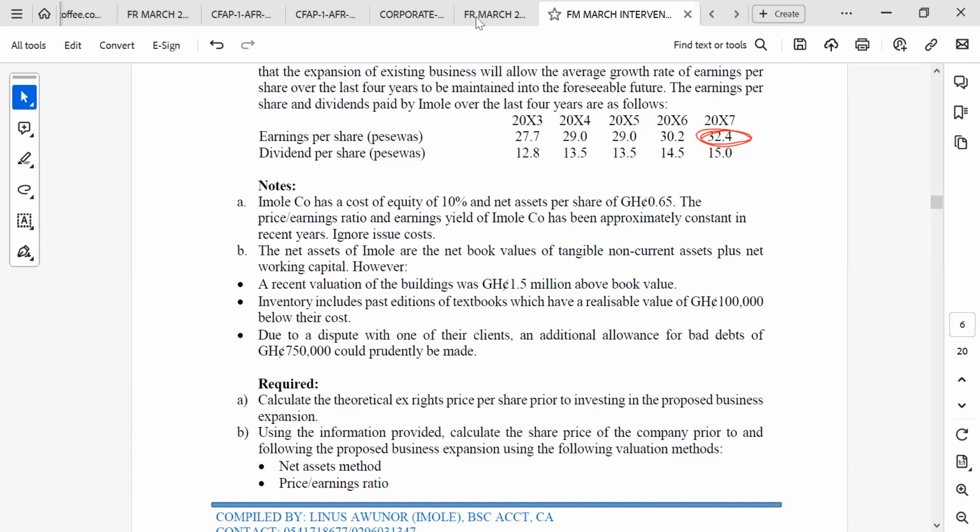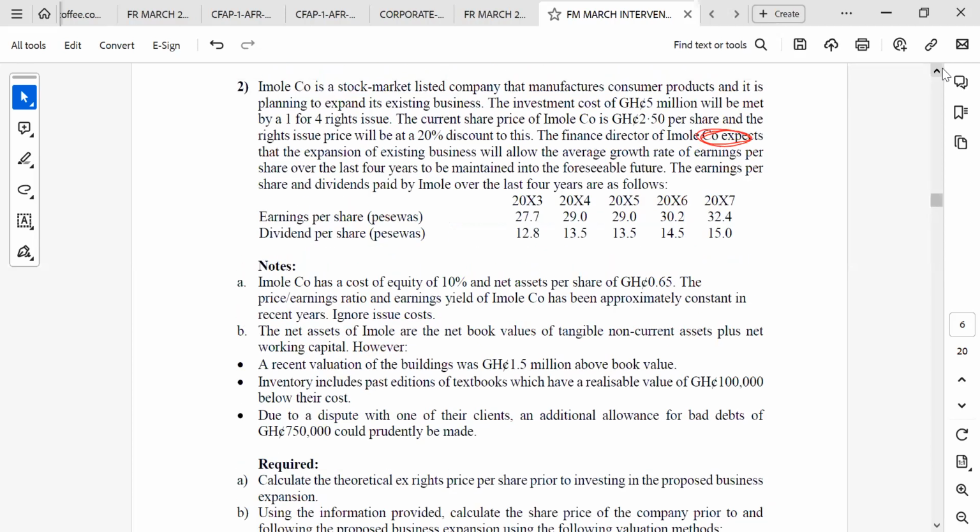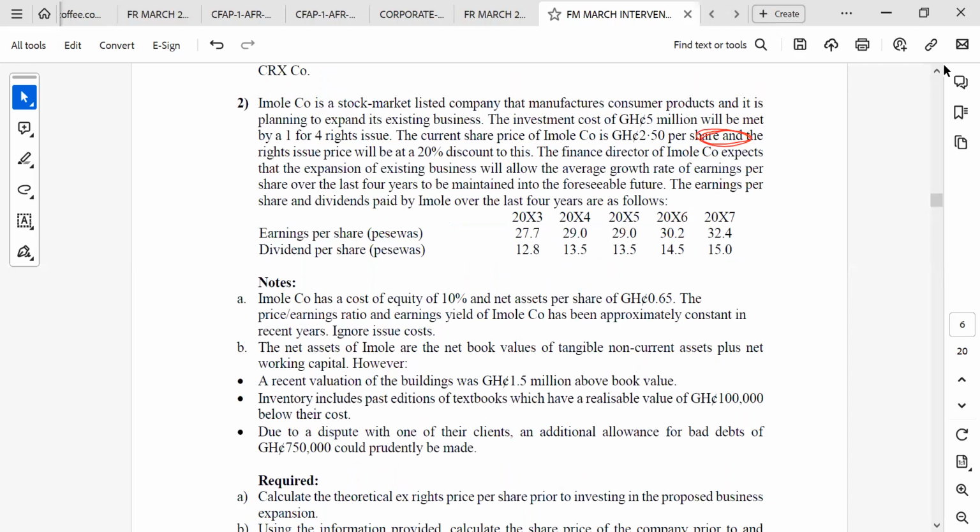All right, so let's now look at that one, the before. Okay, they say following, and what? This particular issue, let's look at it. The finance director of the e-molecule expects that the expansion of existing business will allow the average growth rate of earnings per share over the last 4 years to be maintained in the foreseeable